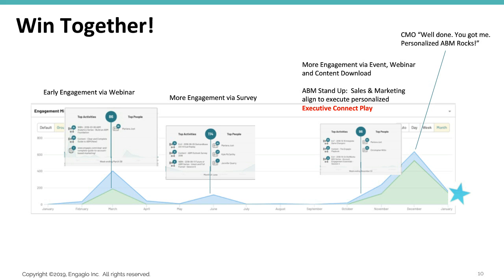In this example, there was a webinar early on, and then a few months later there was more engagement with a survey, and then there was a little bit of a lull, and more engagement started up again for an event, another webinar, some content downloads, and this is where an ABM stand-up happened. I have the arrow there in red, and we ran a play,